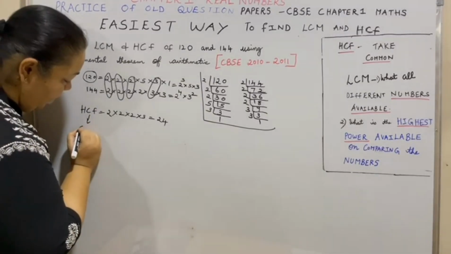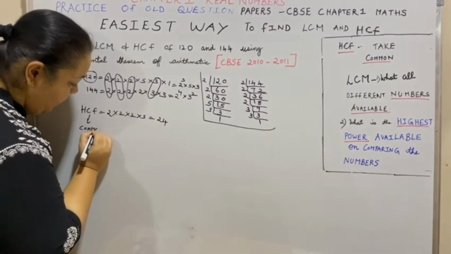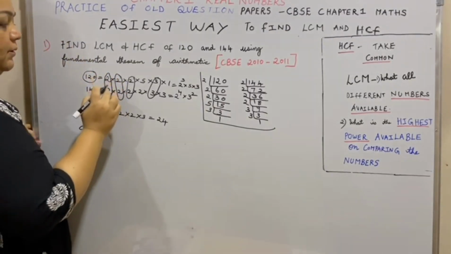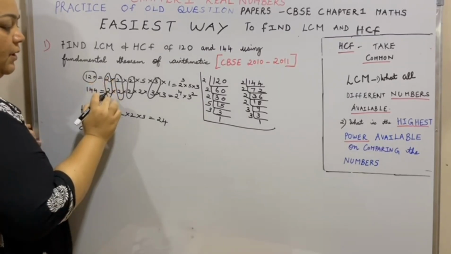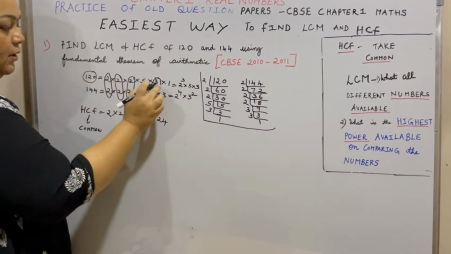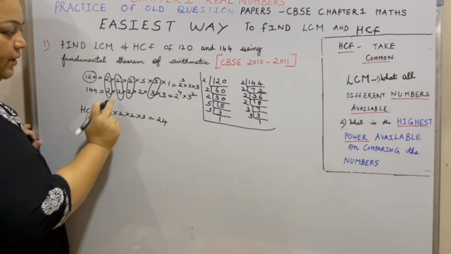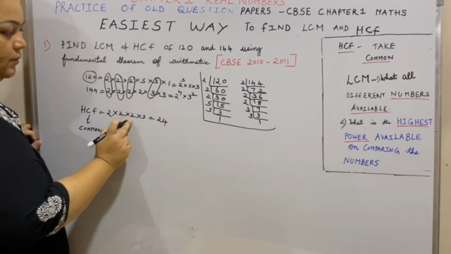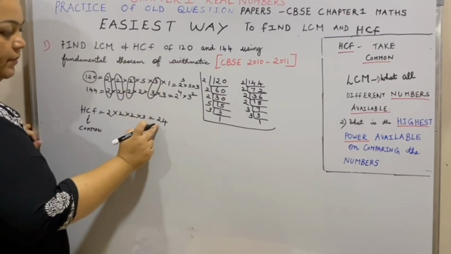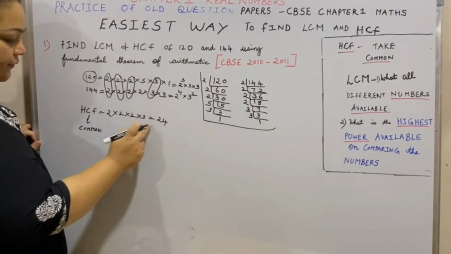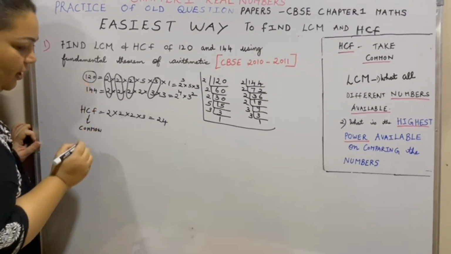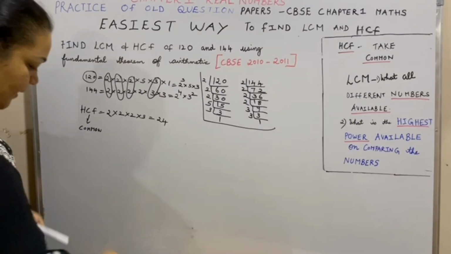For HCF, you have to take only the common factors, common between both the numbers 120 and 144. So 2 is common, another 2 is common, again 2 is common, and then 3 is common. So the total is 24. In LCM, what you have to do is,